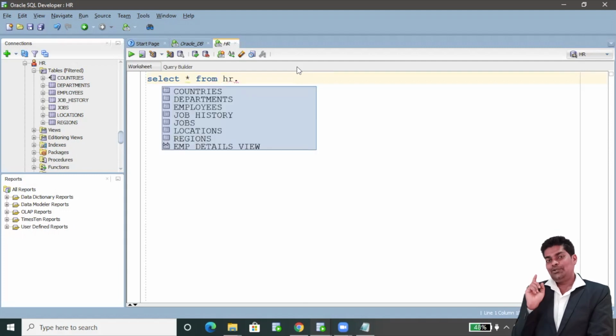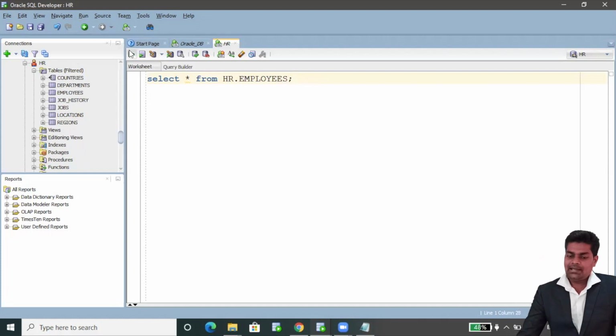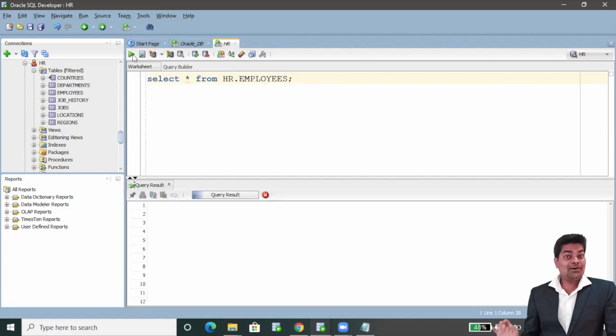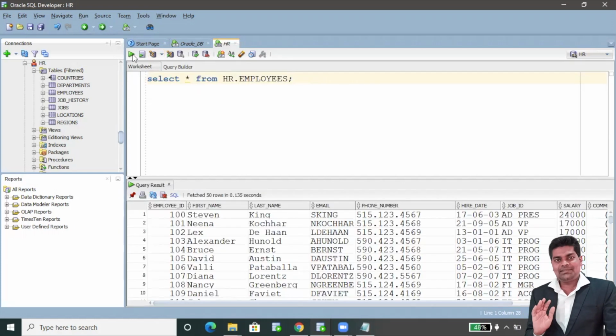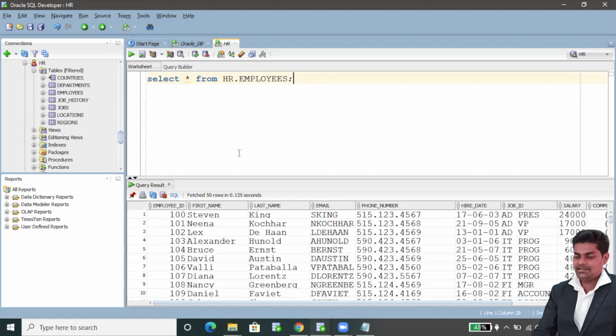Always write the user schema name dot table name, suppose HR.employees, then a semicolon, then execute. If you have done this, you can play with any database. This is a very simple command, and you can see the result as output.